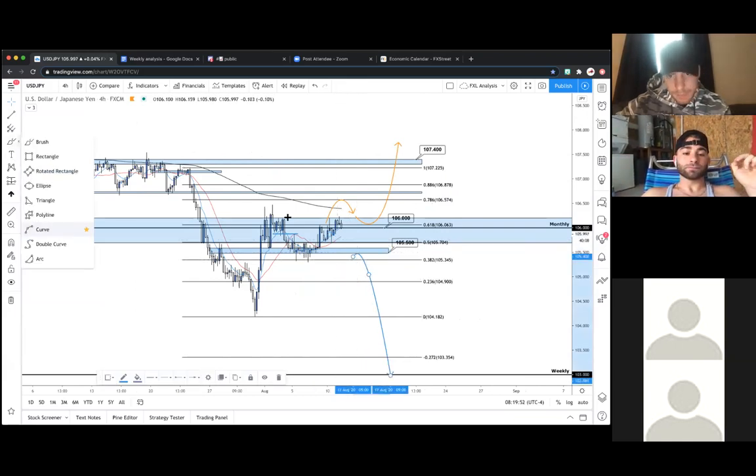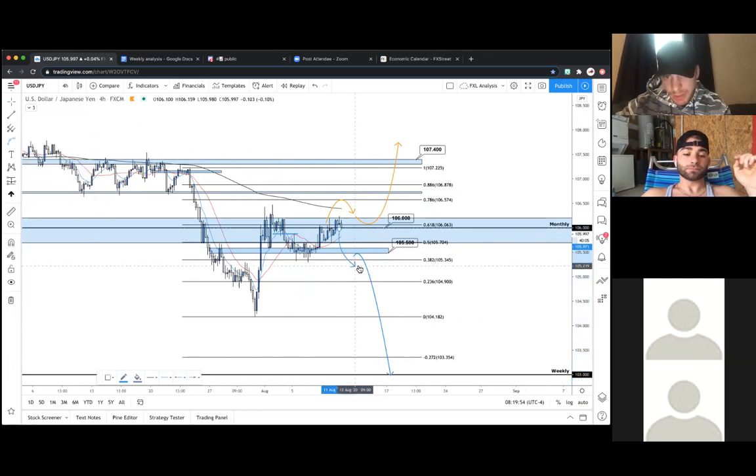And then we could take a very high probability trade on a retest of this 105.5 level on the back end of a candle, quick retest, lower high, something like that. Anything that's going to give us confirmation this is going to keep going. So we're looking for that nice little break to the downside, MA cross, get in on some bearish setups. So we're just looking at that, waiting for this to kind of play out.